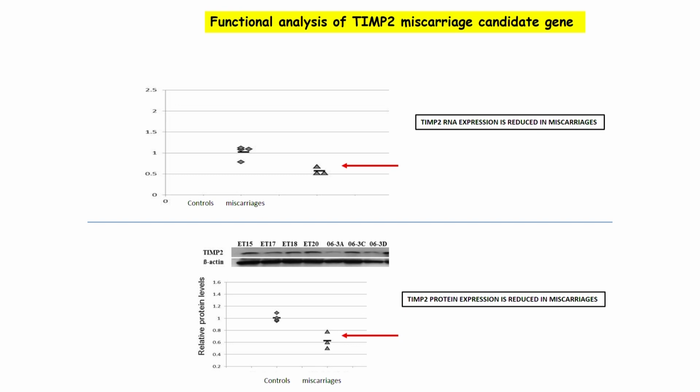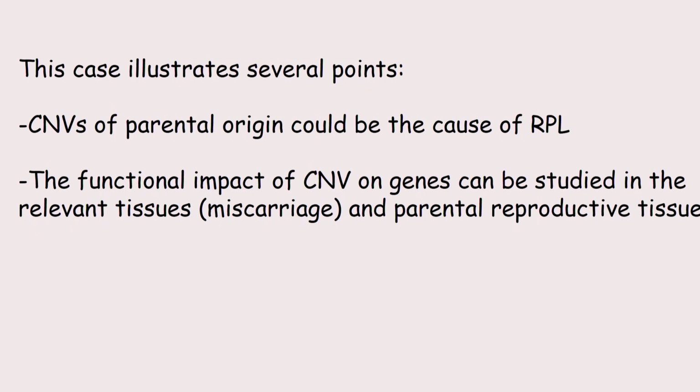Ideally, we would have really liked to have the endometrium as well, because this is the maternal CNV, to determine what effect it had on the expression in the endometrium, but we had no tissue that was good enough to get RNA and protein from endometrium. So this case illustrates several points. First,